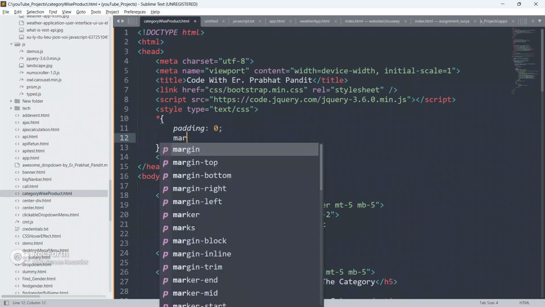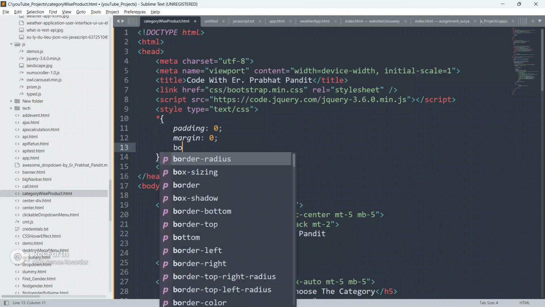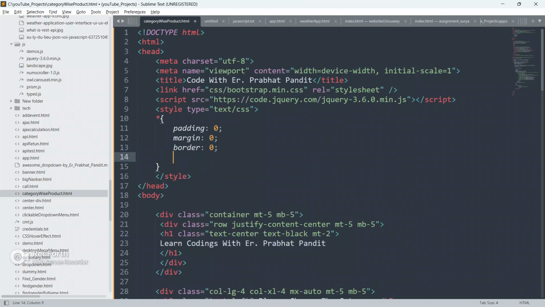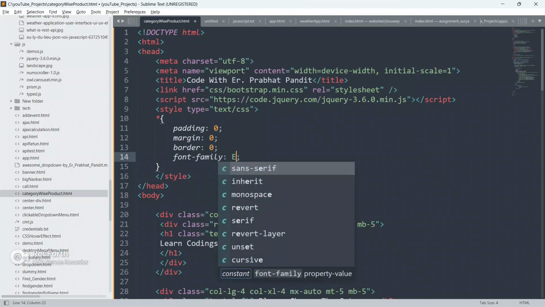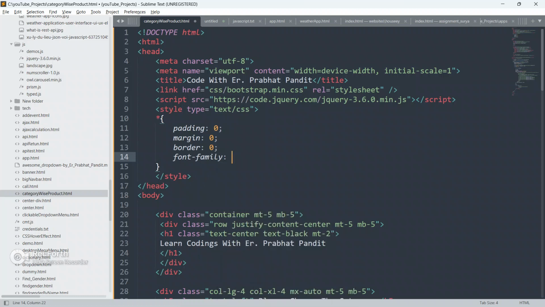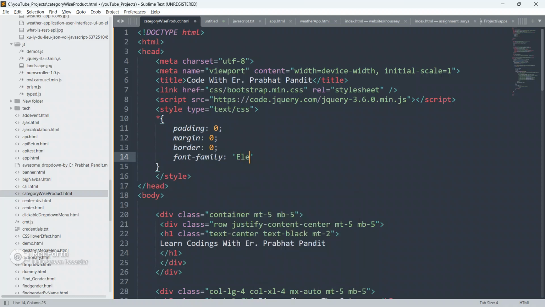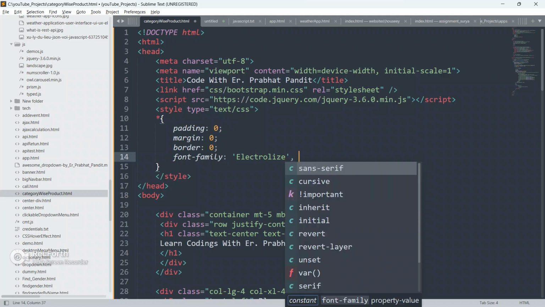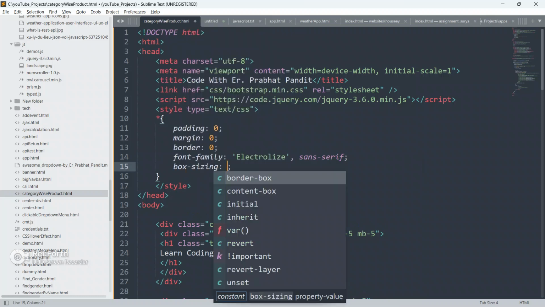Give padding 0, give margin 0, give border as 0, give font family as Roboto, sans serif.